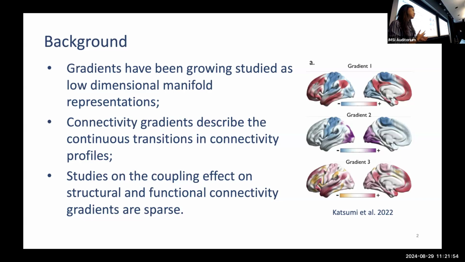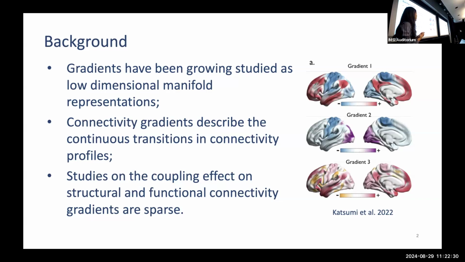Alternatively, instead of using the discrete atlas, one can also consider using gradients, which have recently received growing attention in the neuroscience field as a low-dimensional manifold representation. So we can study the continuous spatial change. The gradients can be computed on different types of traits, but the connectivity gradients are definitely one of the most popular ways to describe the continuous transition. For instance, as shown in this paper, which is gradients of functional connectivity,